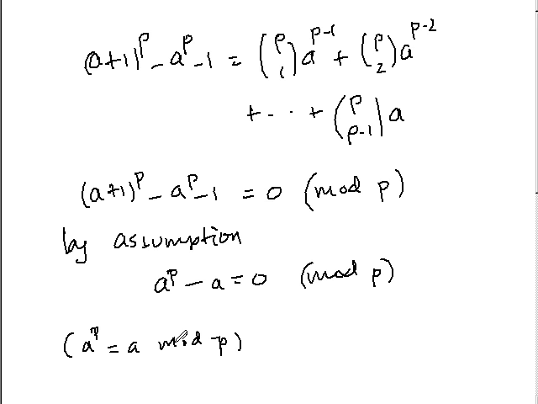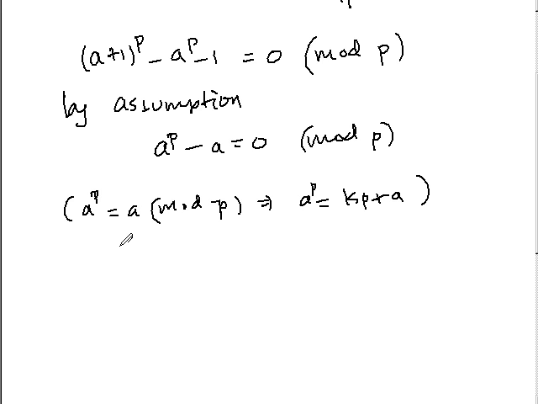So a^p ≡ a mod p implies that a^p is a multiple of p plus a, right? So that implies that a^p − a is a multiple of p, and therefore it is 0 mod p. Okay. So if this is divisible by p, and this left term here is divisible by p,